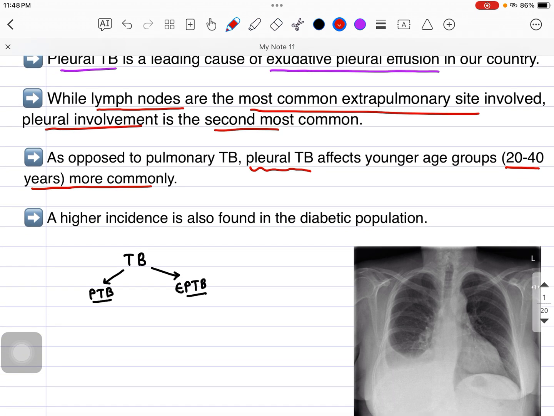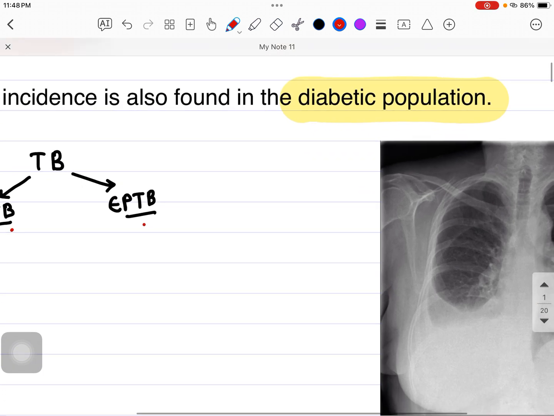and higher incidence is found in the diabetic population. So the diabetic population is the major risk factor for many diseases, but one of the major risk factors for pleural tuberculosis also. So till now what I have talked about is that tuberculosis is broadly classified into two types. One is pulmonary TB and another one is extrapulmonary TB. In extrapulmonary TB, we have read that lymph node TB is the most common site of extrapulmonary TB. After that comes your